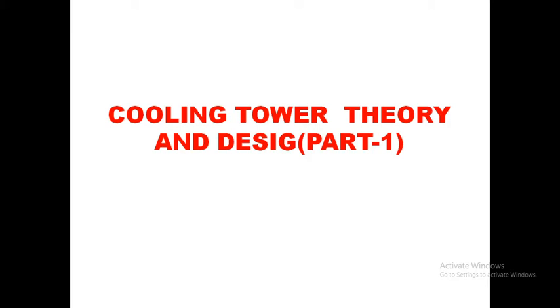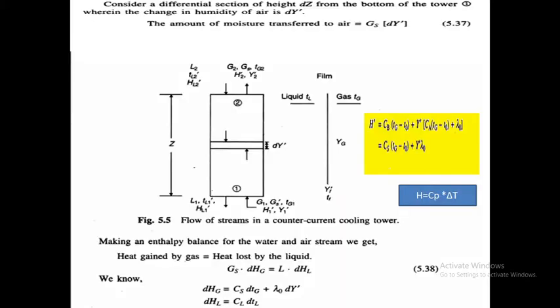These are usually carried out in some sort of packed tower, and generally a counterflow of gas and liquid will be adopted. A schematic arrangement with various streams and their properties is shown in the figure. This figure shows a countercurrent cooling tower. Why is it called countercurrent? The flow directions are opposite. Are you clear or not?